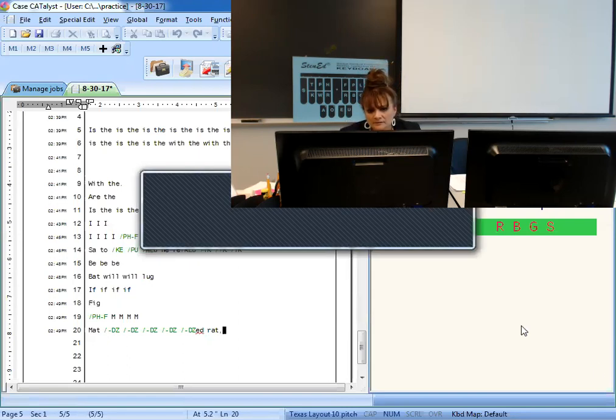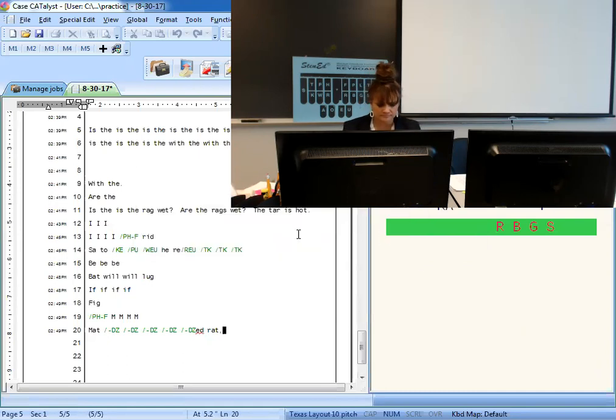Cap. Cab. Cat. Cop. Keg. Cuff, cur, cup. Going on